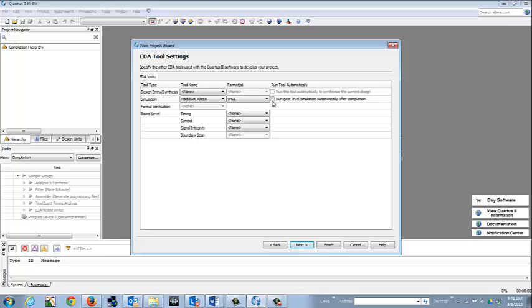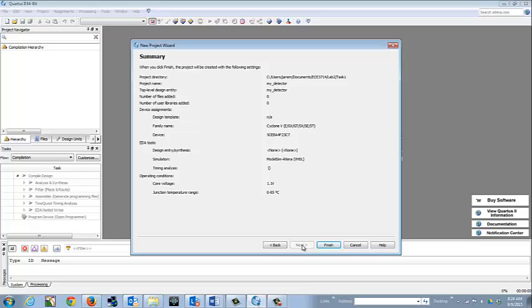We also want the simulator to start automatically within our compilation. And so we need to click the Run Gate Level Simulation automatically after compilation box. If we don't click that box, our simulator will not start. You'll end up with an 83% error in your compilation design execution. And so once you've done those settings, the ModelSim Altera, and clicking on the Run tool box, we can click Next,